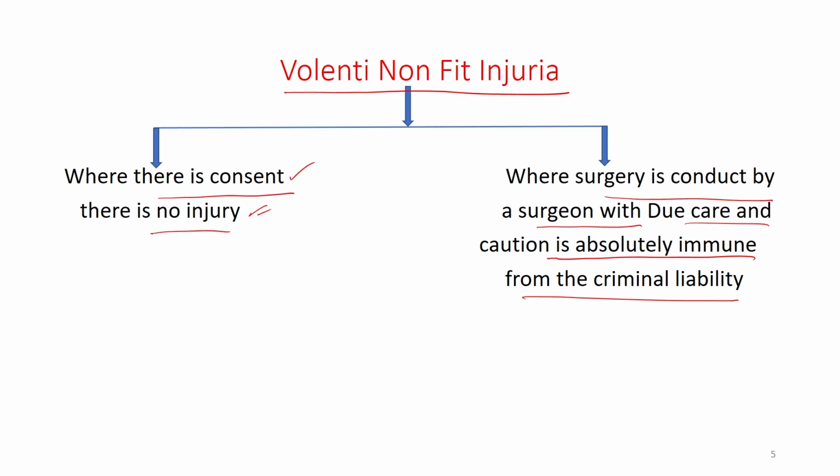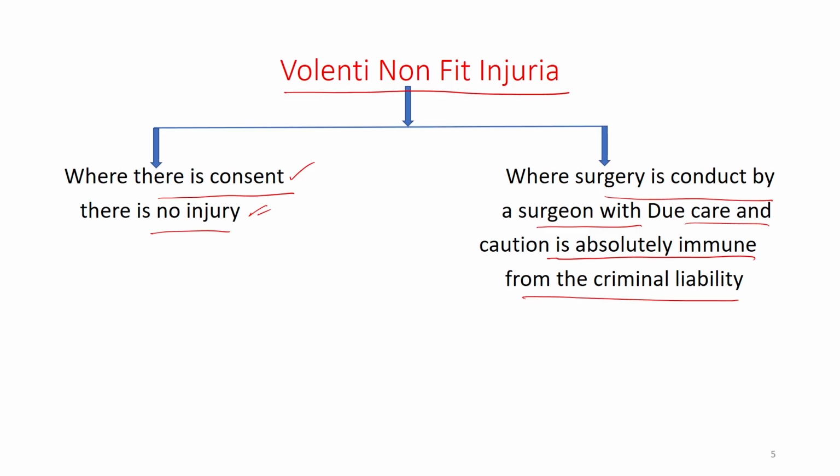Where an operation or surgery is conducted by a surgeon without the consent of the patient, even then he is absolutely exempted from any kind of criminal liability, sections 92, 93. Now, I am talking about that aspect where a surgery is conducted by a surgeon with the consent of the patient or the relatives of the patient. Where surgery is conducted by a surgeon with the consent of the patient or the relatives of the patient,